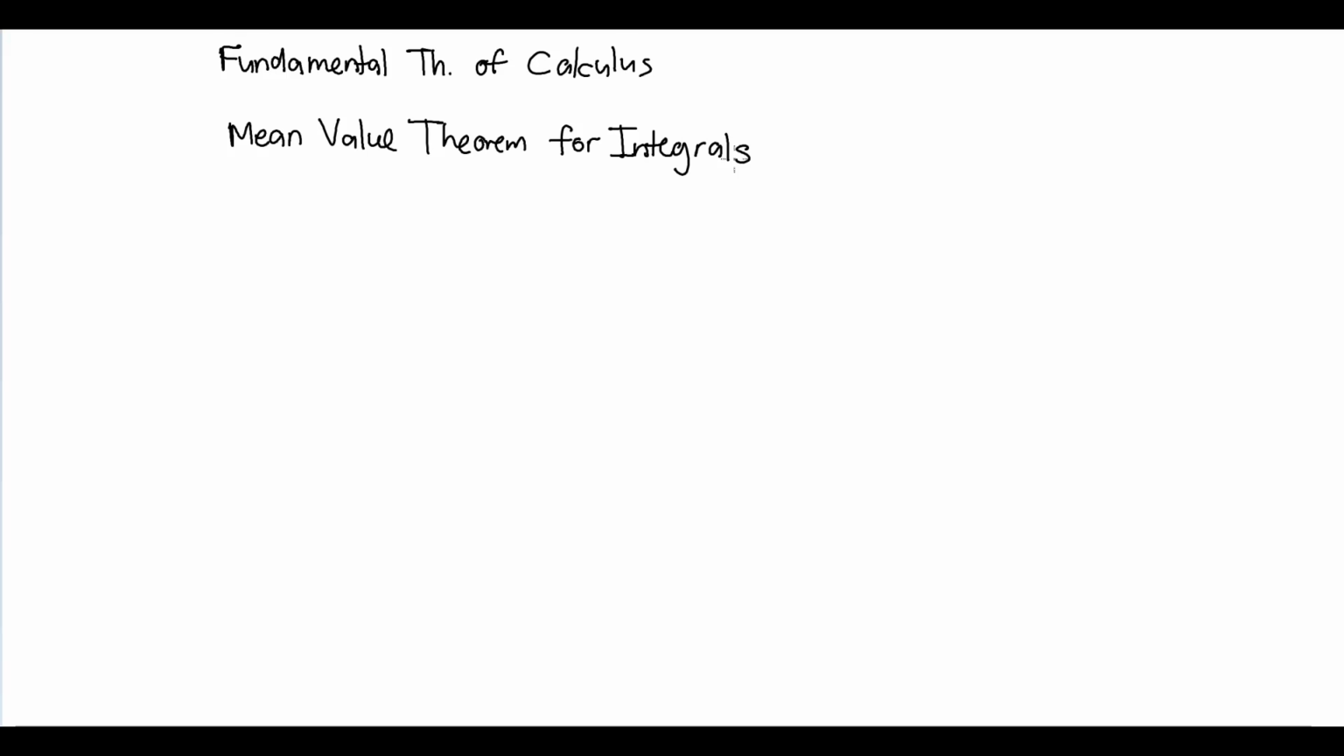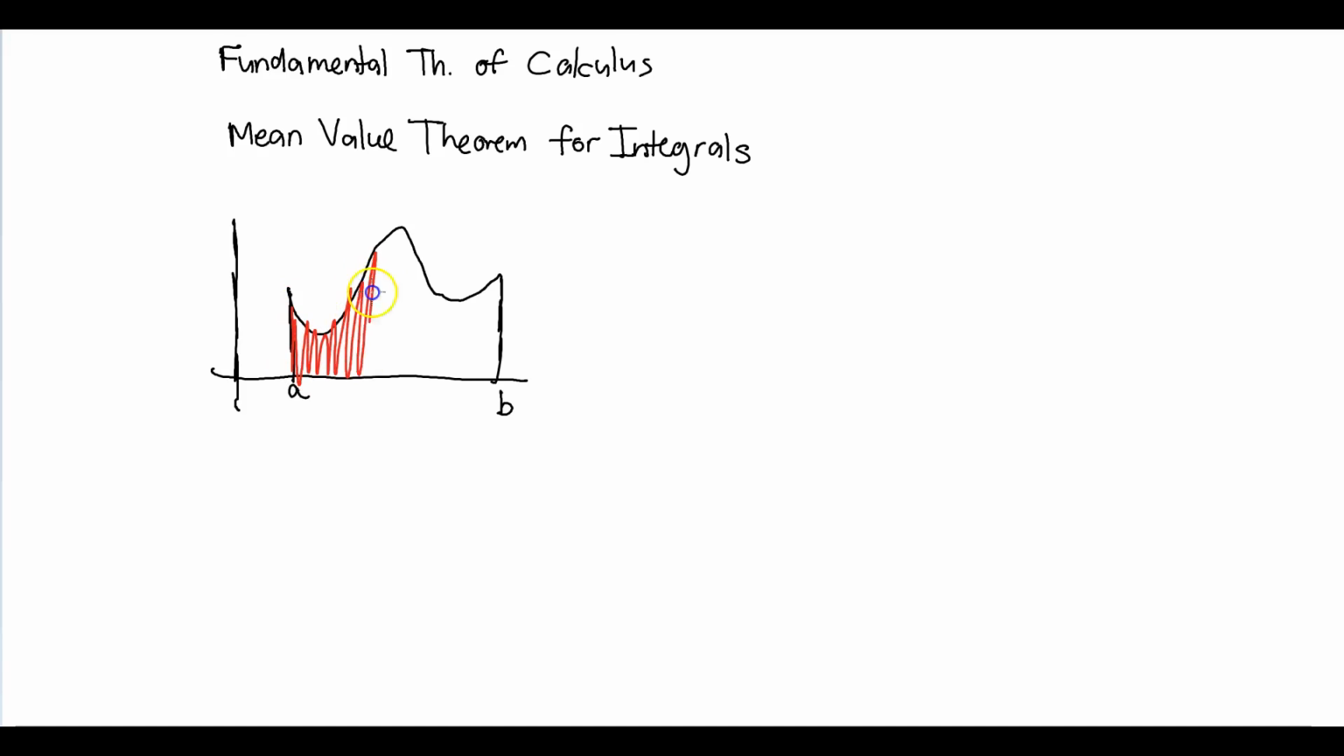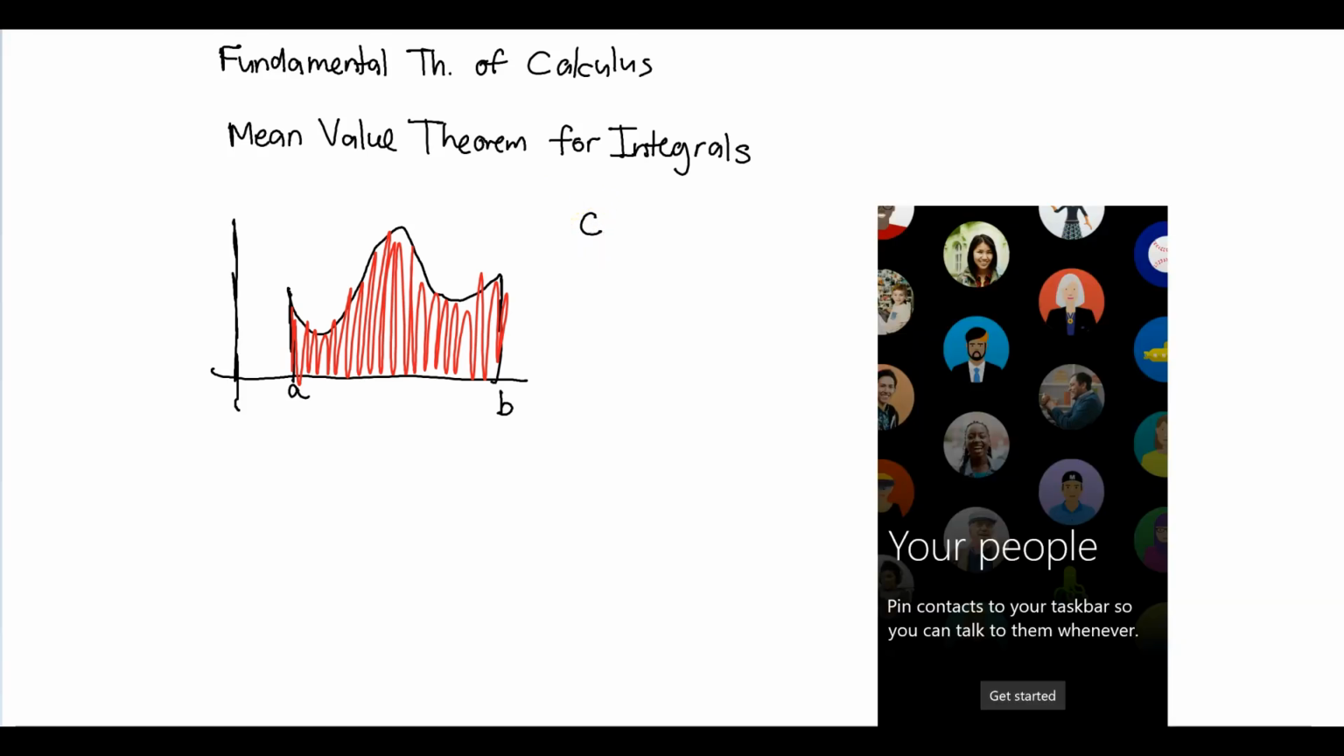And what it says basically is that if you have a function that's continuous between A and B, then there is a number C, kind of like the mean value theorem. There is a number C such that